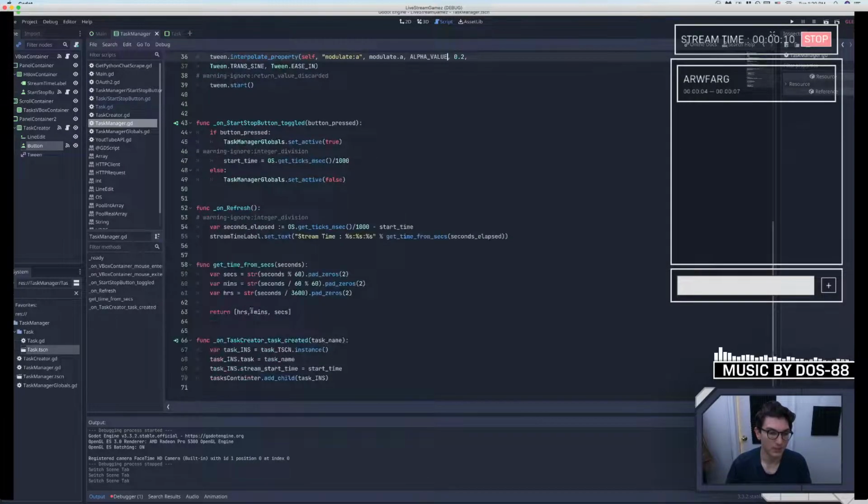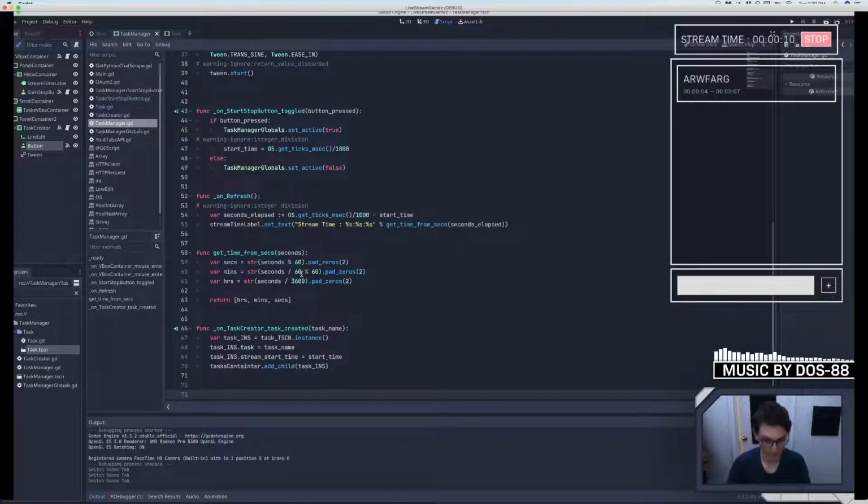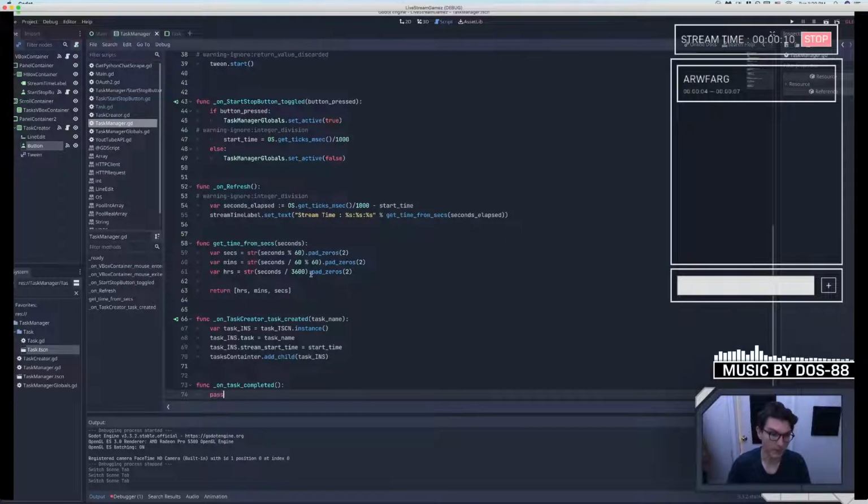So on start, stop. Okay, on task creator, task created, it gives us the task name, and then it creates an instance of our task scene and spawns it in there. Now what we need to do is connect that to a function that we'll have right here. So we'll have function on_task_completed, and then we're writing pass, and then it's going to say task_name,